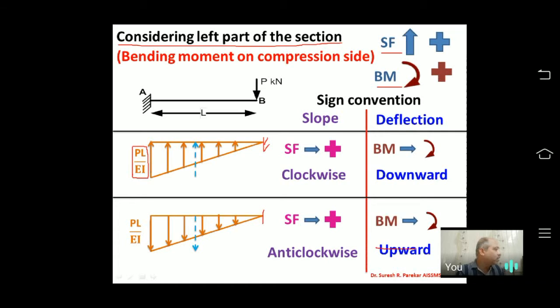So I have deflection that is downward. So we have deflection here also downward. So keep the sign convention in mind. Sorry, for clockwise it is correct, upward. But what moment are we getting? We are getting an anti-clockwise moment. As the moment is anti-clockwise, we are going to get bending moment as downward. So you have to consider that sign convention. So clockwise here is upward and here clockwise is downward.